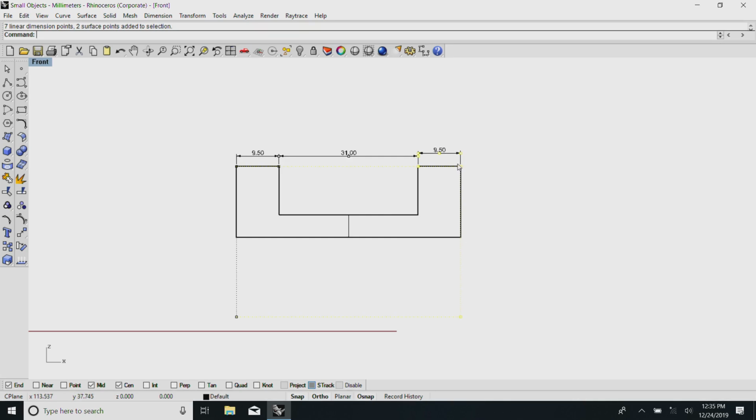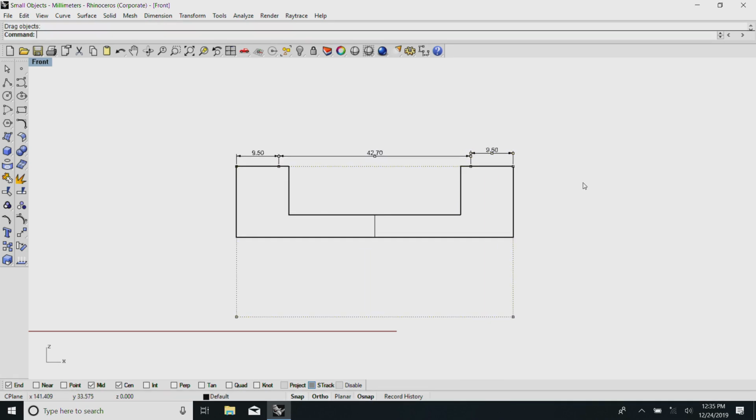And you see here, that 9.5 has not changed, but the other features related to this have changed. This has happened because it is a surface, and on a surface you cannot really pick all the points.